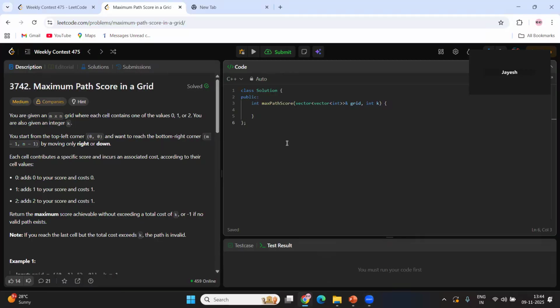So hello everyone and welcome back, and let's discuss the third problem, which is the maximum path score in a grid. What this problem states is we have been given an m cross n grid, where m is the number of rows and n is the number of columns. And in this grid we will have the values 0, 1 or 2, and we are also given